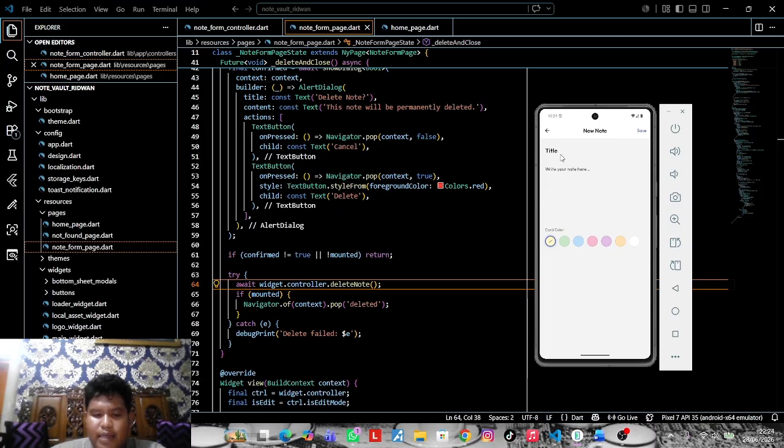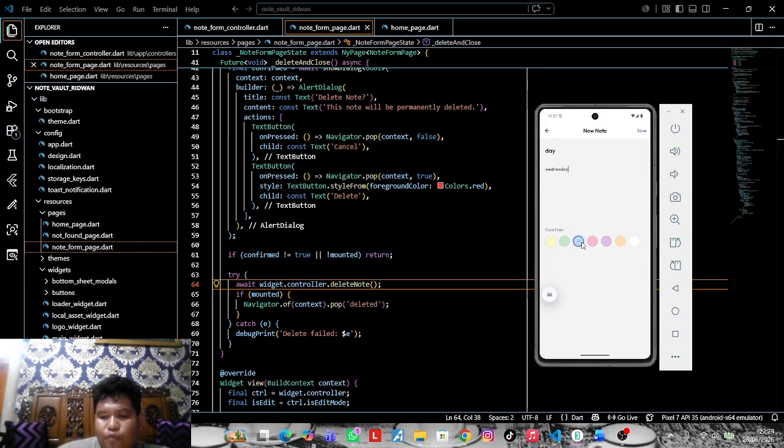Now I enter a title and some content like this. The content is Wednesday. I can also choose a different card color by tapping one of the available colors.